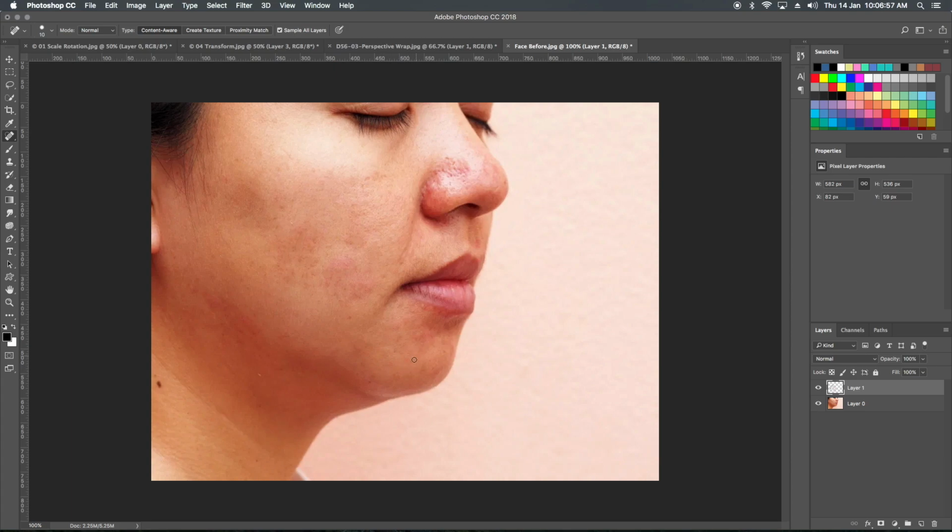The more you apply the brush, the cleaner the image will be, and the smoother it will go. So we'll try our best to remove as many blemishes as possible at this stage.